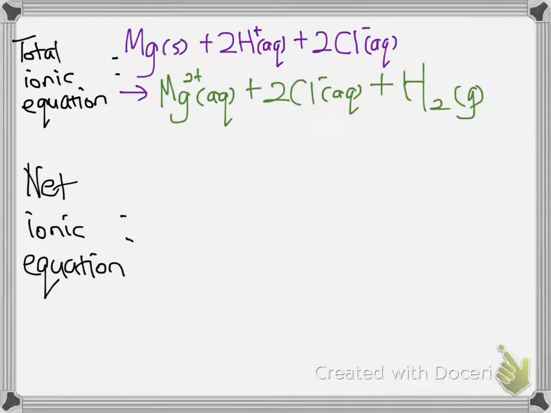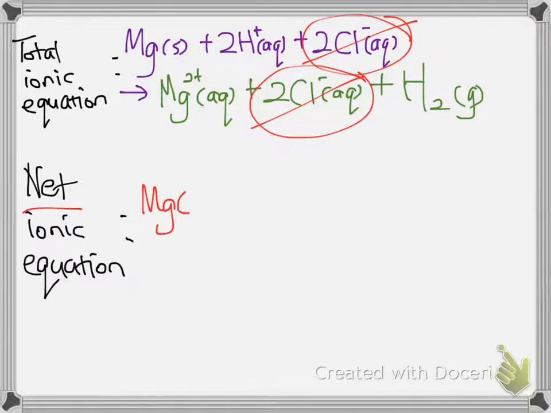So the net ionic equation, again, can be obtained by comparing the reactants and the products. So as you can see, the only spectator ion that can be identified between the reactants and the products is only the chloride ion, because it appears both in the reactants and the products, isn't it? Now, therefore, this can be cancelled out, and the net ionic equation will simply be Mg